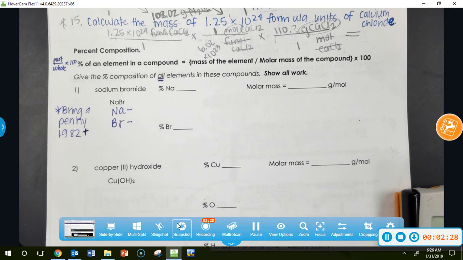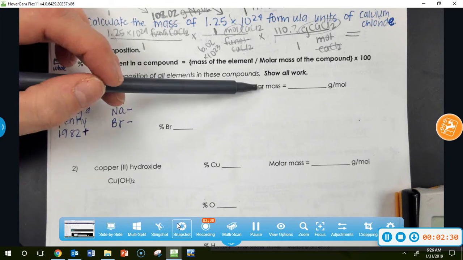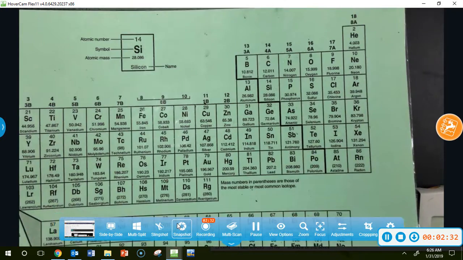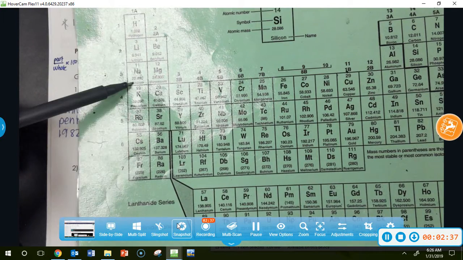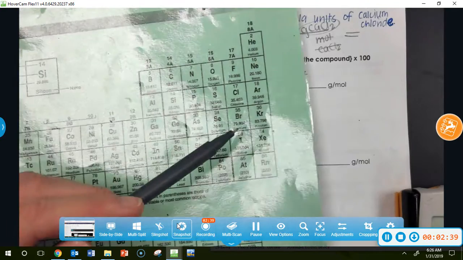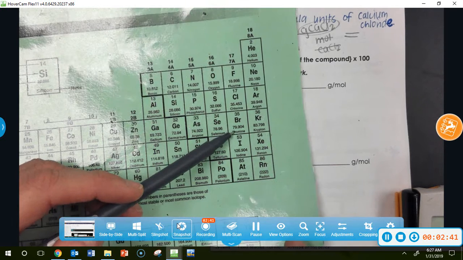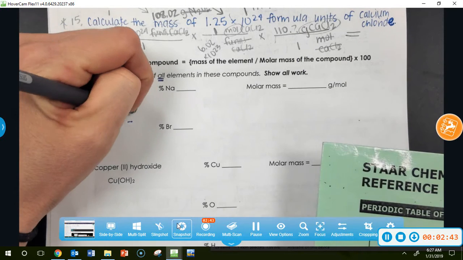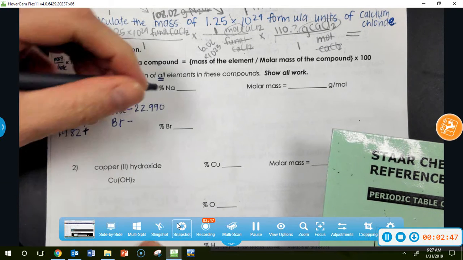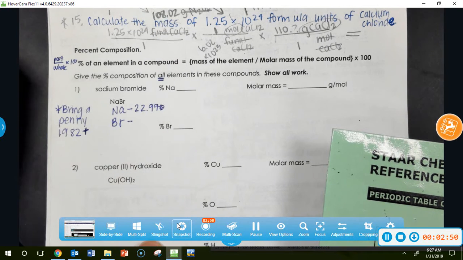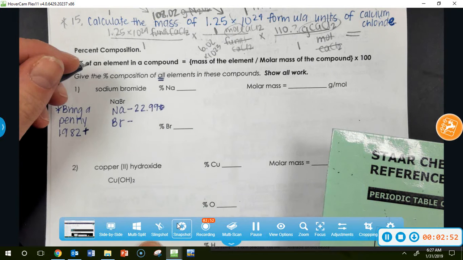So we first need to get the mass of the whole compound, the molar mass, and you get that from the periodic table. A sodium weighs 22.990 and a bromine weighs 79.904. And we have just one of each, so that makes it kind of nice. Remember, you are more than welcome to stop your molar masses at 2 decimals in. And bromine was